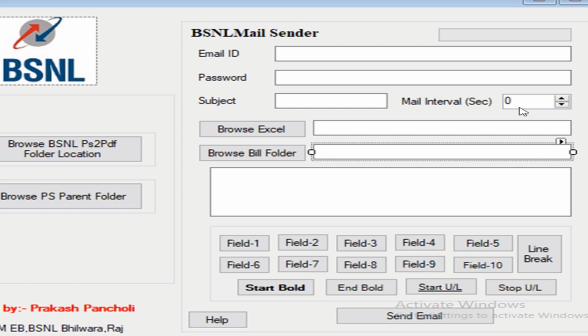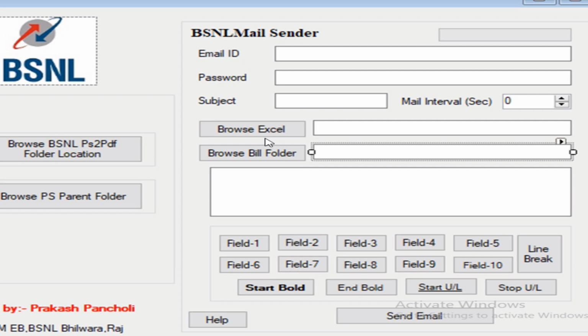This is mentioned here because sometimes the internet speed is low, or your attachment is heavy, then you should set the interval to high. If you don't want to do anything with this, you need not give it, it will automatically keep 5 seconds. And this one is the browse Excel. As I already told you, you have to upload the Excel file that contains the information about the sender, like what the email ID is, whether you want to attach any attachment, and many other fields, up to 10 fields there.